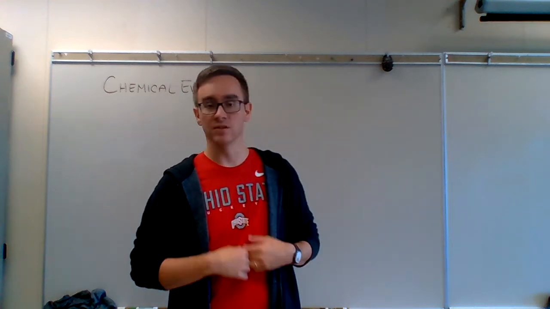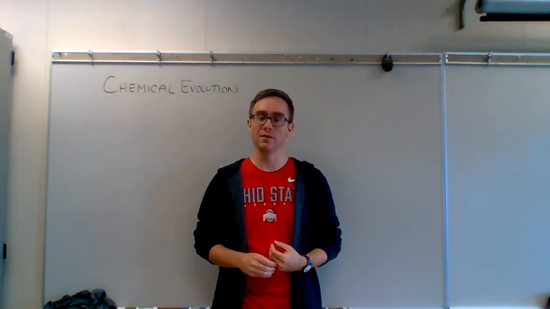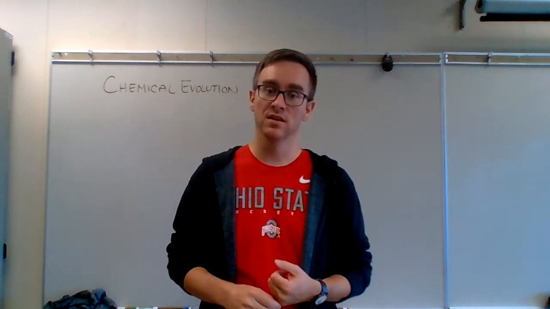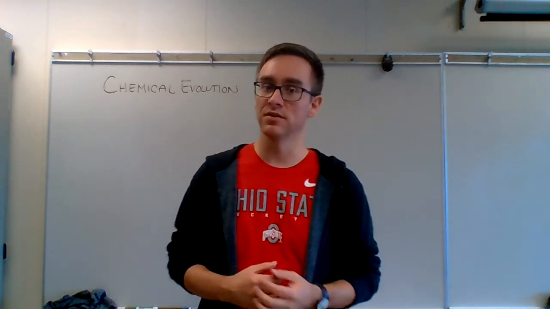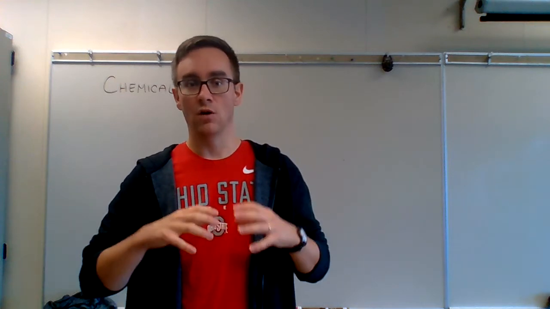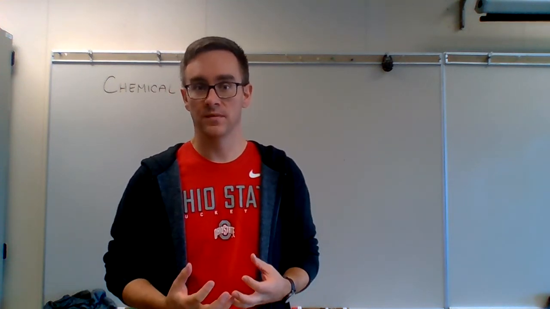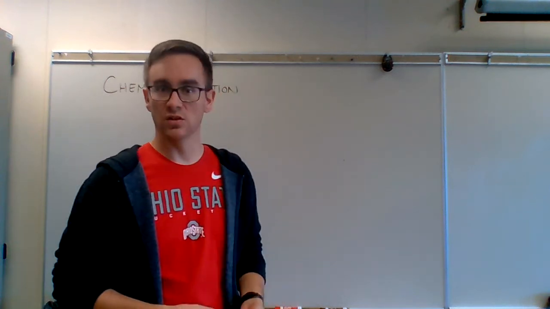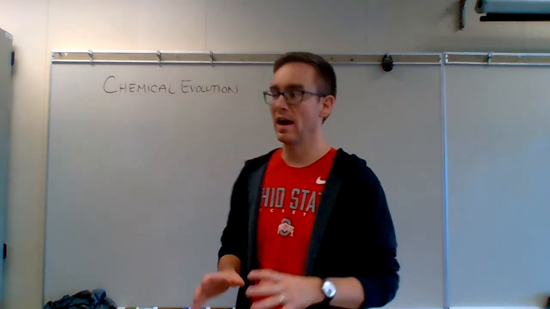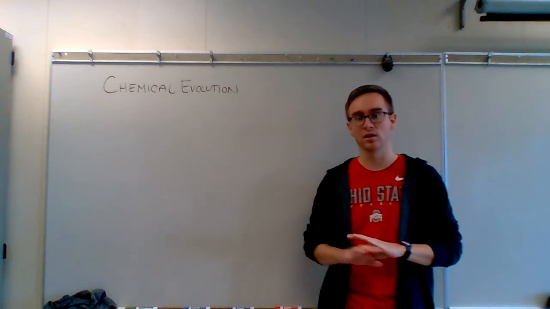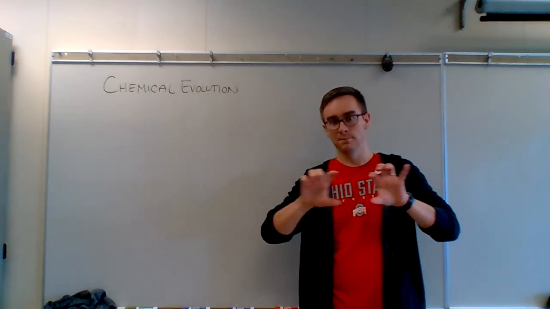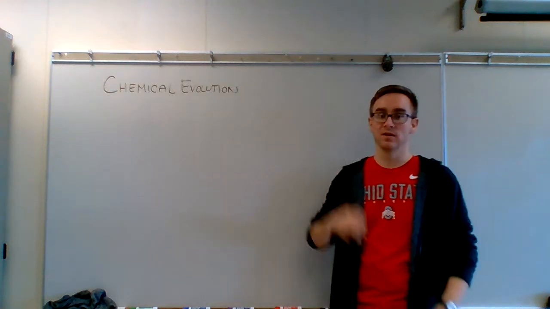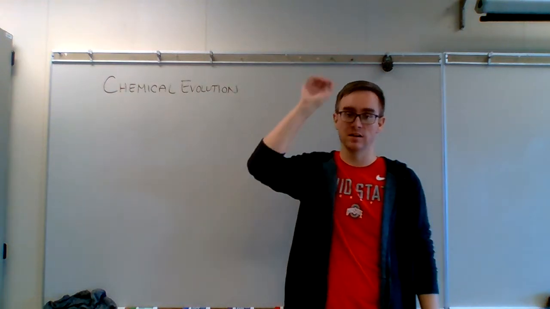And there are lots of different theories out there about this. We're just going to touch on one of the predominant theories about how life could have started on this planet, with the idea of how life could have come about billions and billions of years ago from non-living ingredients. So we're talking about that organization of life, the hierarchy of life, where we talk about atoms and molecules and macromolecules and organelles. We're going to talk about cells. We're not going to get all the way up to cells today. We're not going to talk about that yet.